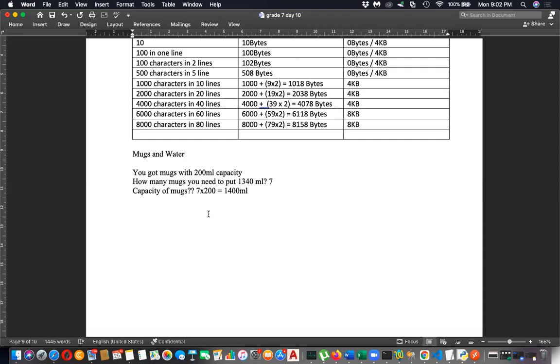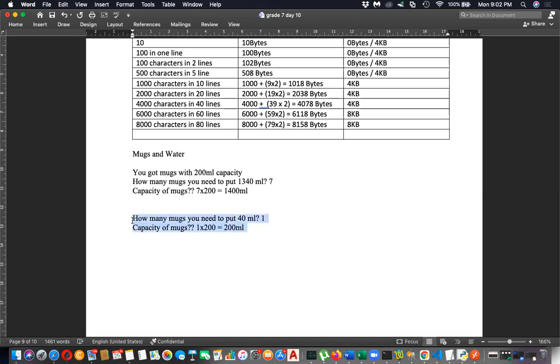Okay. Let's say how many mugs do you need to fill 40 milliliter? It's 1. One mug. Capacity of the mug? 200 milliliters.